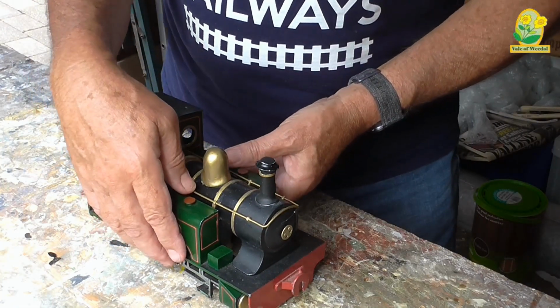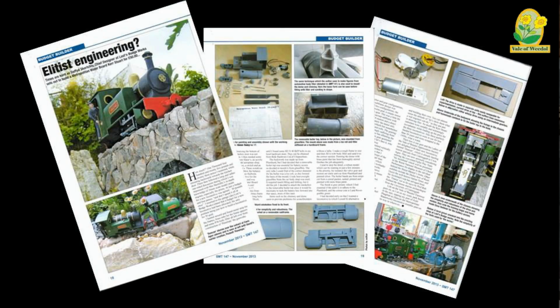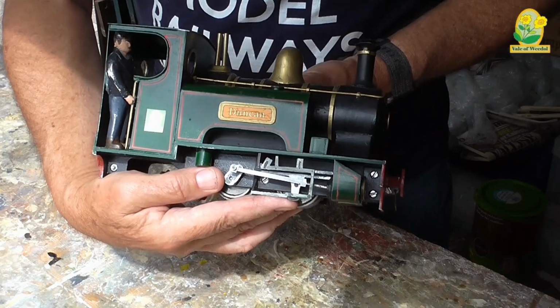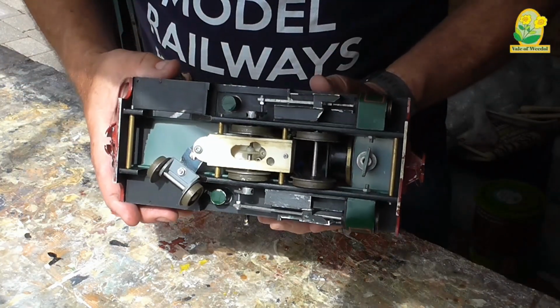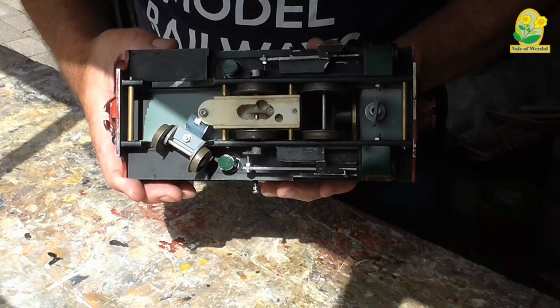Encouraged by the performance of Penelope, the Gasworks Peckett, I decided that I'd like to make a Waterworks Kerr Stuart. It looks like the absolutely ideal narrow gauge locomotive, except like every ideal it comes with a load of snags. The drive is a subframe underneath with the conventional 60p can motor with its drive,